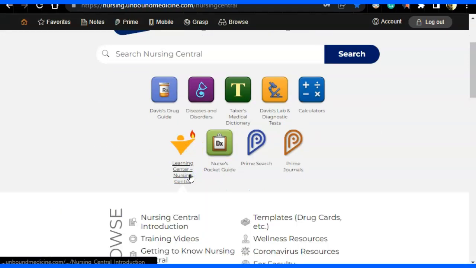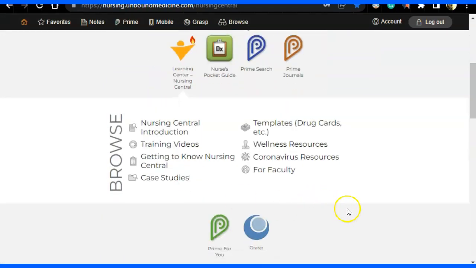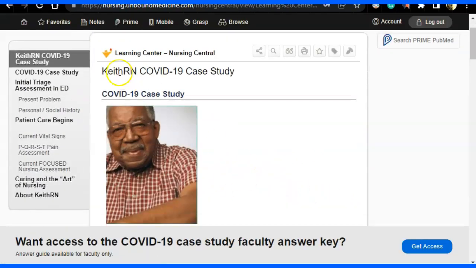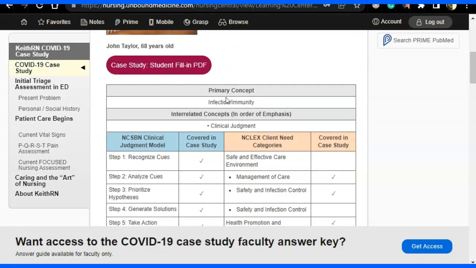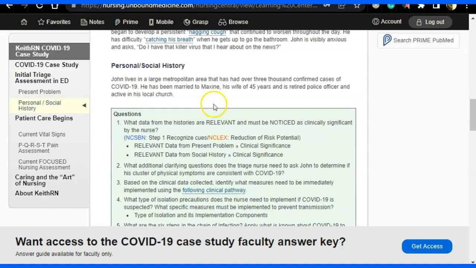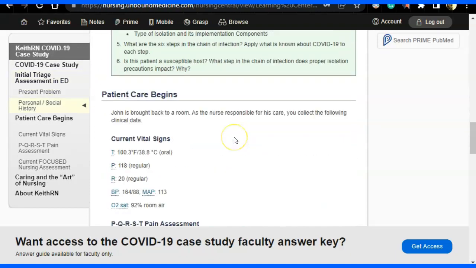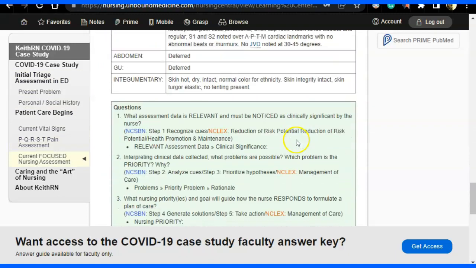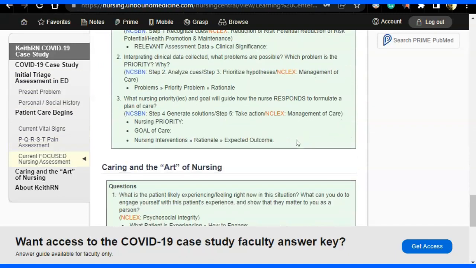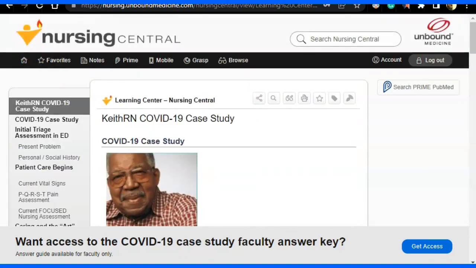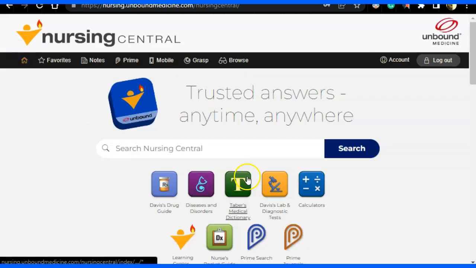In addition, I think one of the biggest things that I was not aware of that has been integrated or updated into this program is the use of case studies. So you have this case study where you have someone with COVID, and it provides you a lot of information about what the presenting problem is, history, what vitals and assessment information you can receive while looking at this patient, and then also what questions you would ask to help the student critically think about what they would want to do and how they would want to